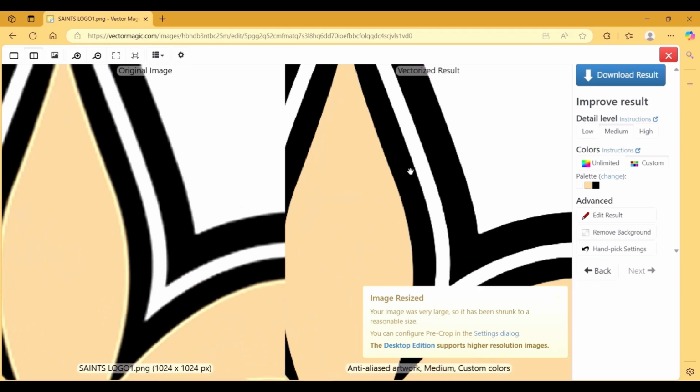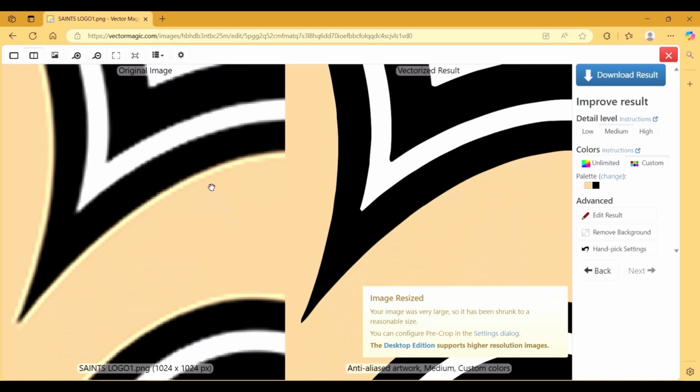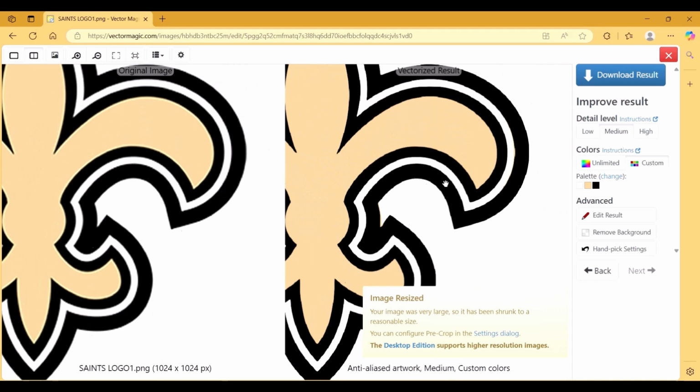What we're dealing with is a file that, as you can see, has discoloration and also a lot of pixelation. So we're basically taking all of these imperfections and ironing them out completely, and that's kind of what we want. We have 3 levels of vectorization depending on how much quality you want. You also have a tool here to remove the background, which is good. If I'm happy with the medium detail, I will proceed to